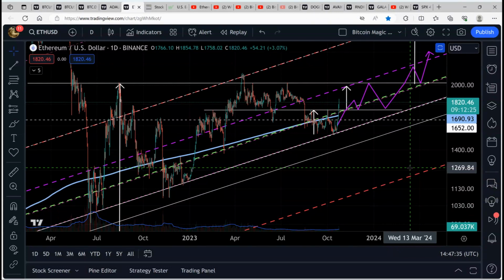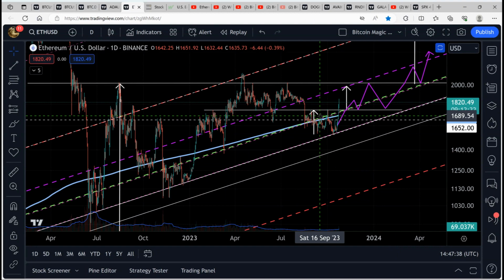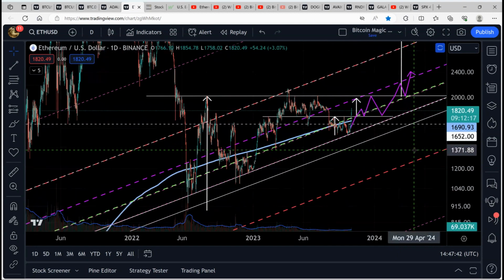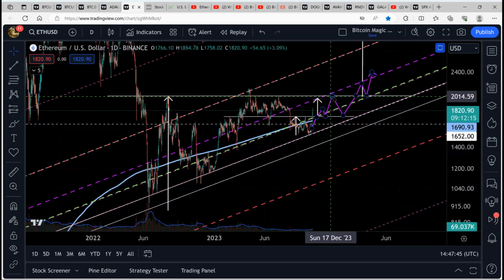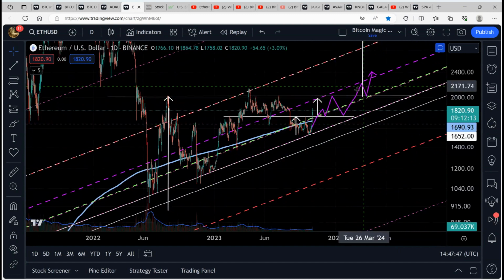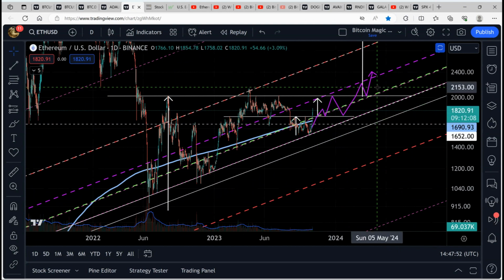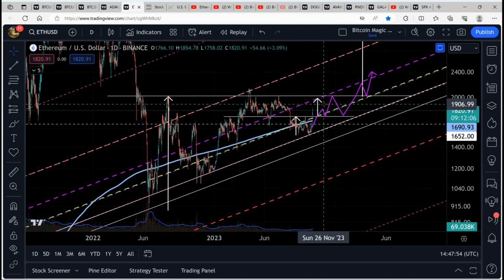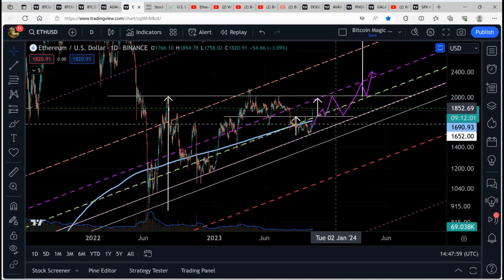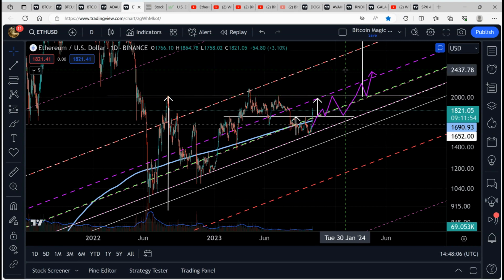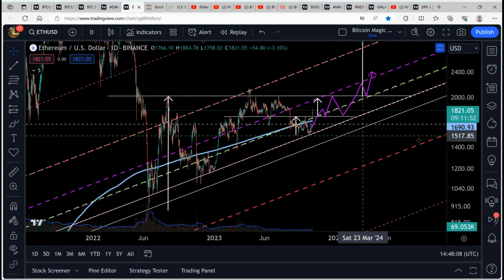And then once we break out of this, so I'll tell you right now, probably once we break out of this channel, and I don't know if it's going to take this long, but it's going to do something like this. We may have to squish these purple lines back together, but we're going to come up here, maybe come back down to this yellow line here. Boom, boom, boom. It might happen quicker. It probably will. And then our target is this arrow here,